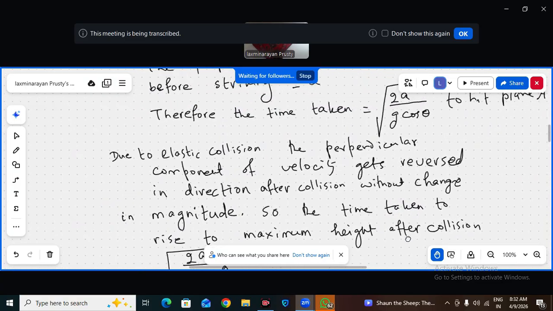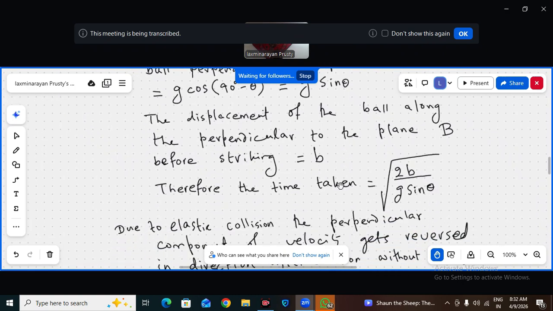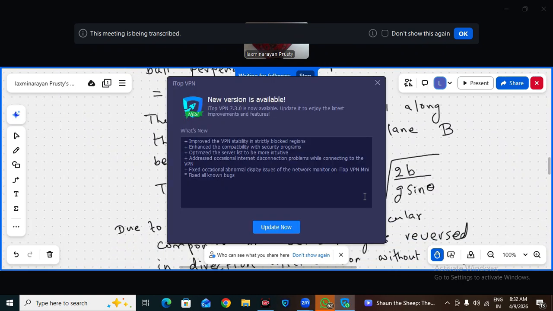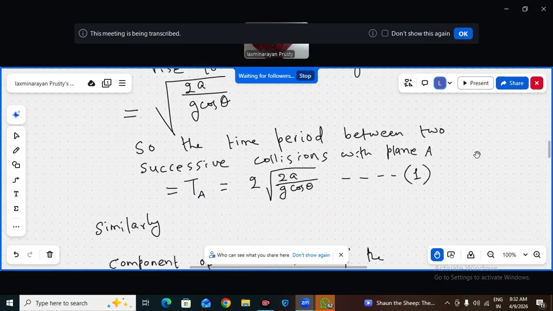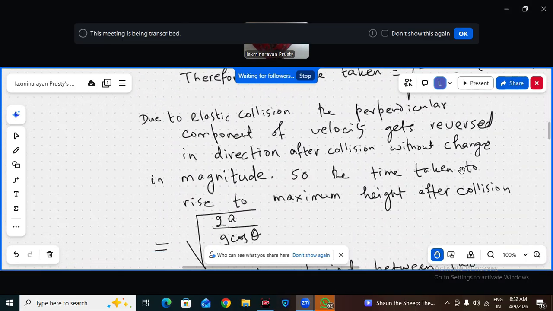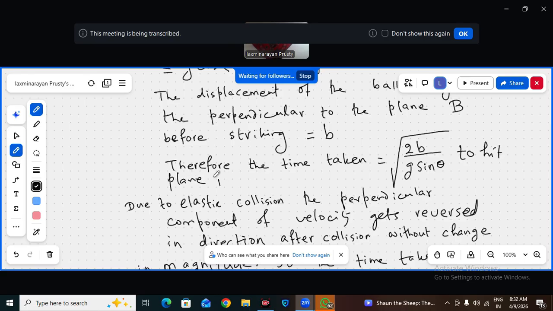Okay. That's clear. So therefore the time taken will be root over 2b by g sin theta, just like I wrote root over 2a by g cos theta here. Okay. For what? To hit plane B. So due to elastic collision, again the perpendicular component velocity gets reversed in the direction after collision, but